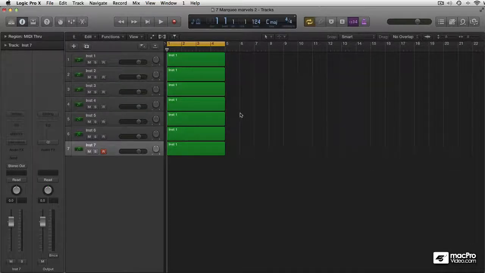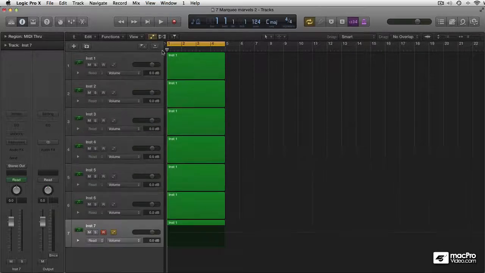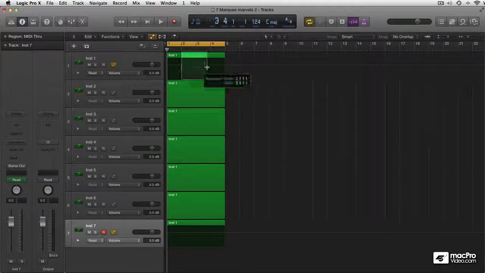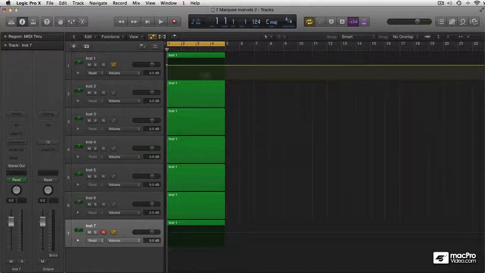Got a nice automation trick with the marquee tool also. If I press the A on my keyboard, I get automation view, and I'll turn on the automation for track 1. Now let's say this is the part here that I want automation on. I did that the same way, of course, using Command. Select the part,